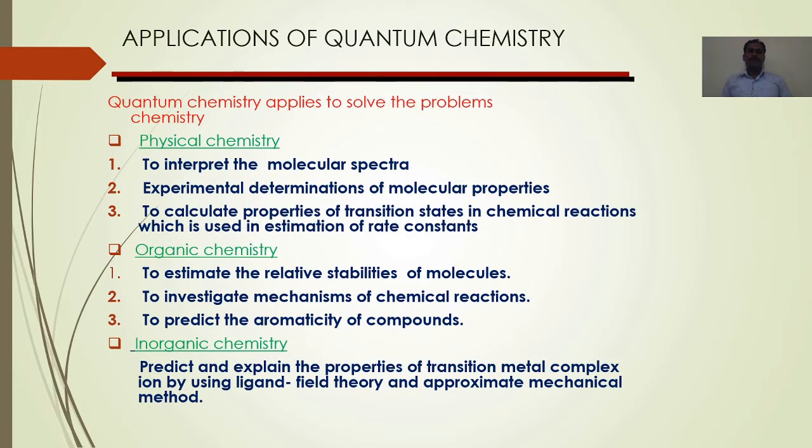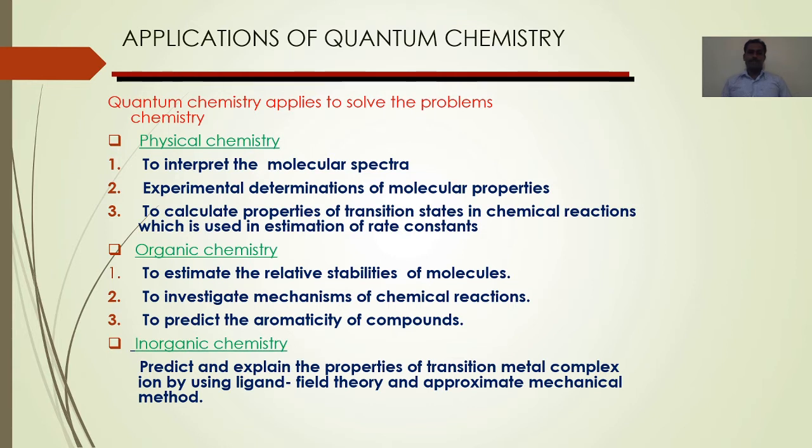Quantum chemistry has a large number of applications. It helps to solve some problems related to physical chemistry, such as interpretation of molecular spectra, experimental determination of molecular properties, and calculation of properties of the transition state in a chemical reaction. In organic chemistry, it is used to estimate the relative stability of molecules, investigate the mechanism of reaction, and predict aromaticity of a compound. In inorganic chemistry, it is used to predict and explain the properties of transition metal complexes by using ligand field theory